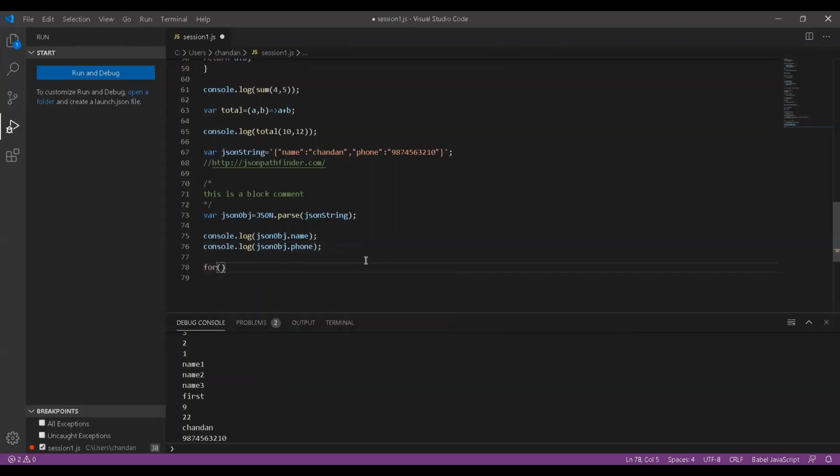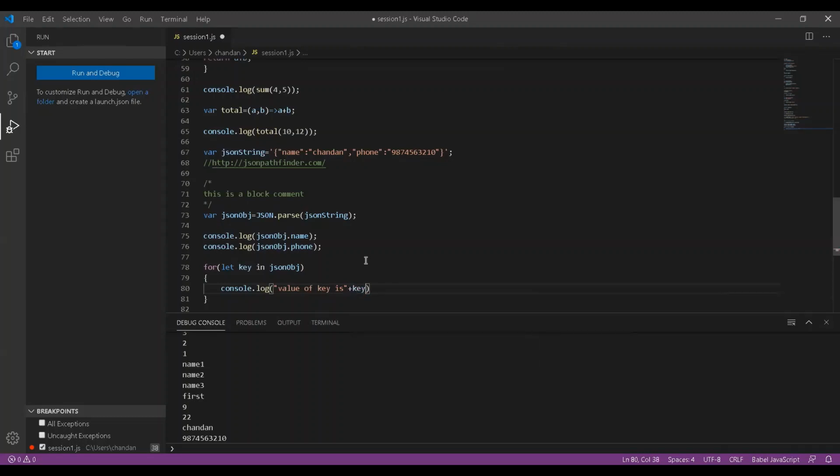So I can say for each loop, let key in JSON object. So in our case, JSON object, give me the value. So I can say console.log value of key is